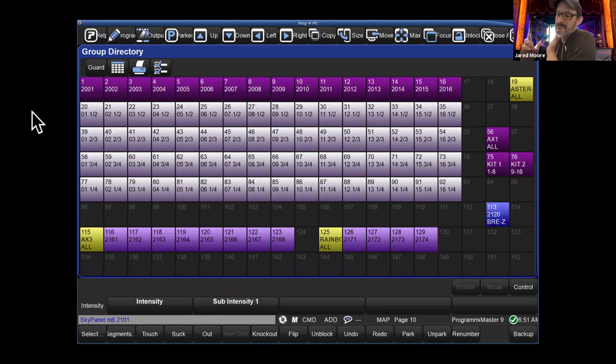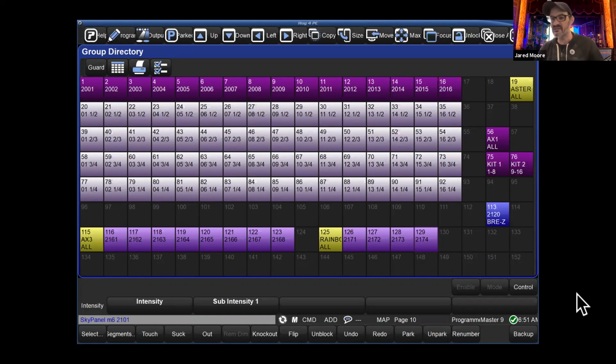But you're able to record all these different screen layouts so you can quickly move around to what you need to get to. So in this instance, I have a group view for this particular group directory. I probably call it tubes or something like that. And I can press that view and I pop right into this. So this is, like I said, one page of normal AX1 tubes, and the